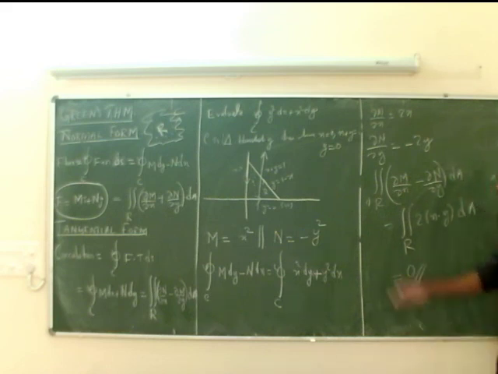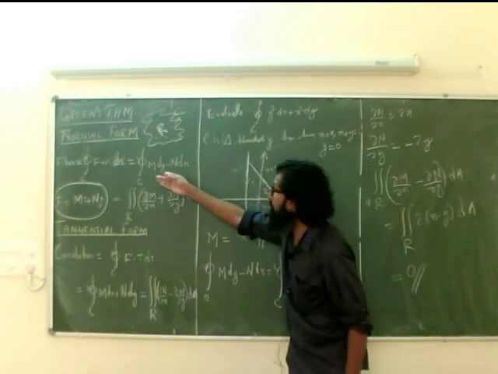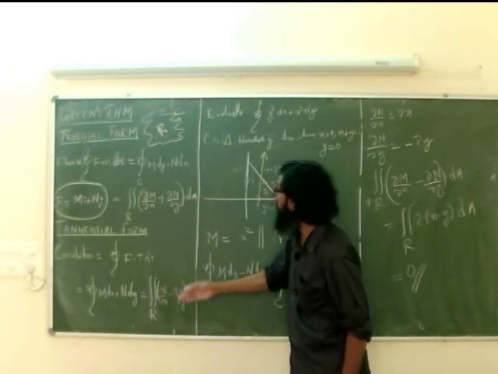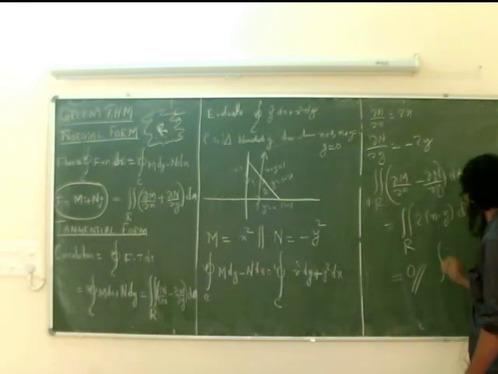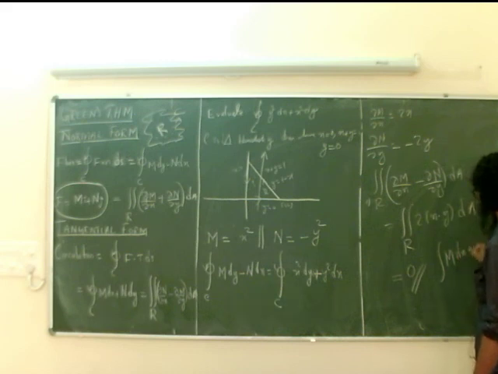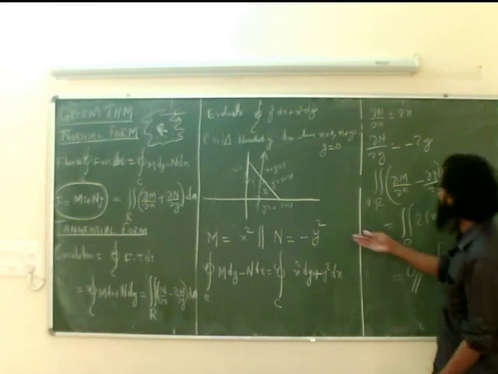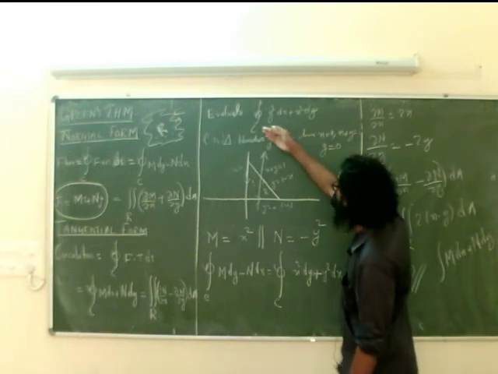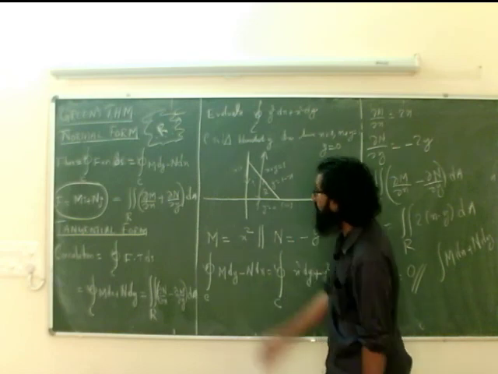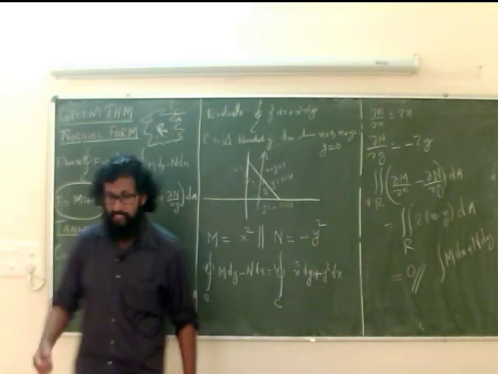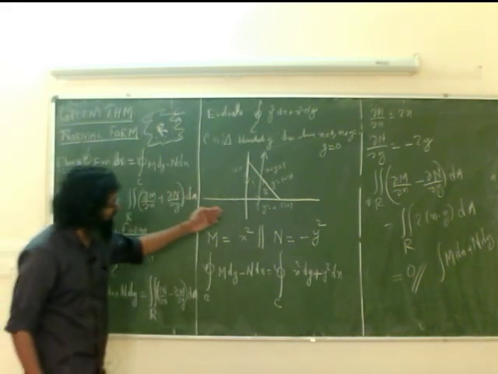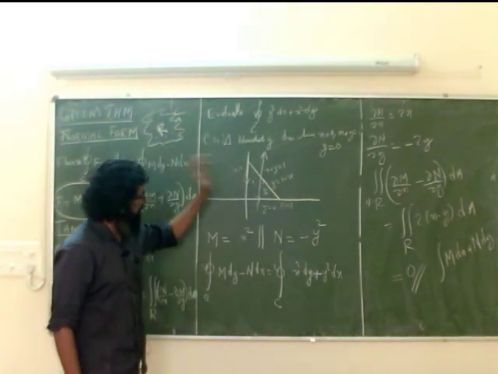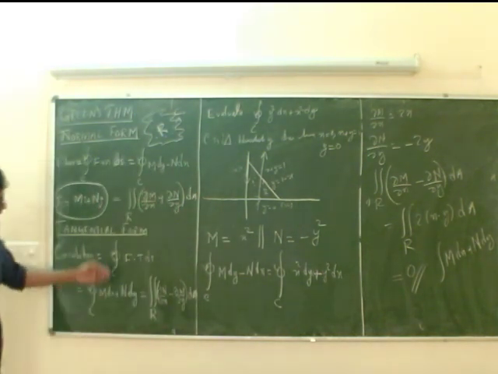So the message is that I can make use of both the normal form and tangential forms to evaluate integrals of this form, or integrals of M dx plus N dy, or may not be in the form. For problems like this, I can make use of the normal form and tangential form of Green's theorem to evaluate the integrals. But if we go for the direct way, it's a lengthy computation. The labor is reduced by Green's theorem.